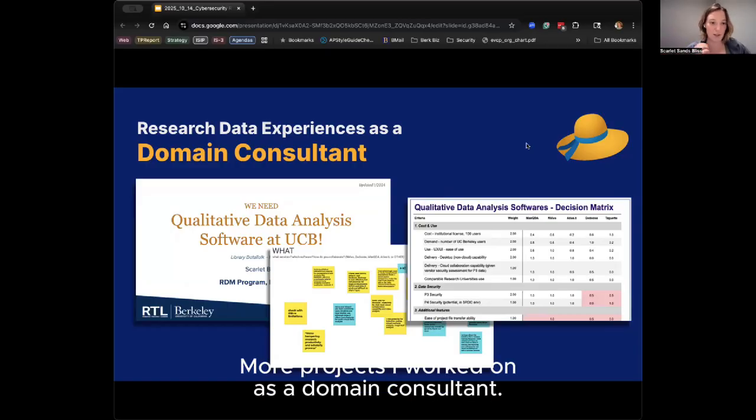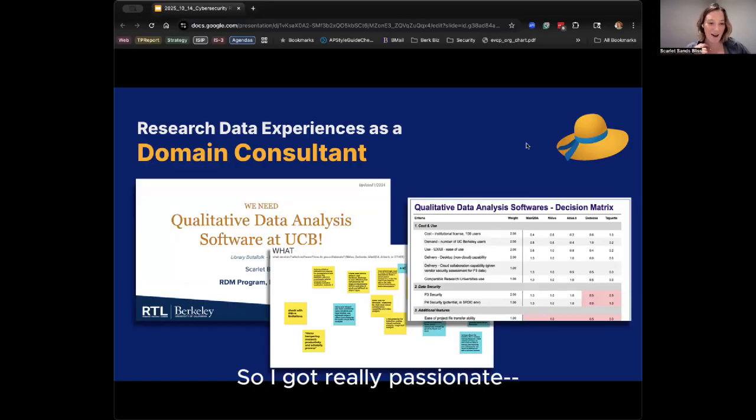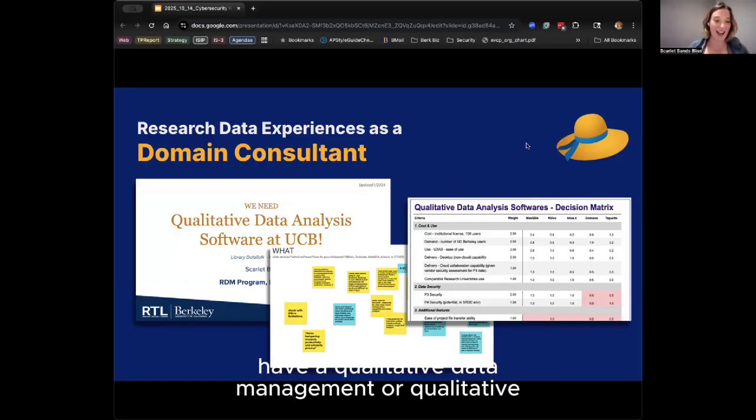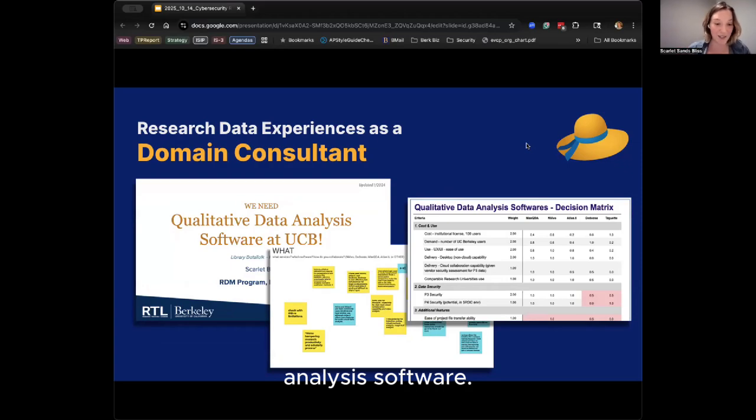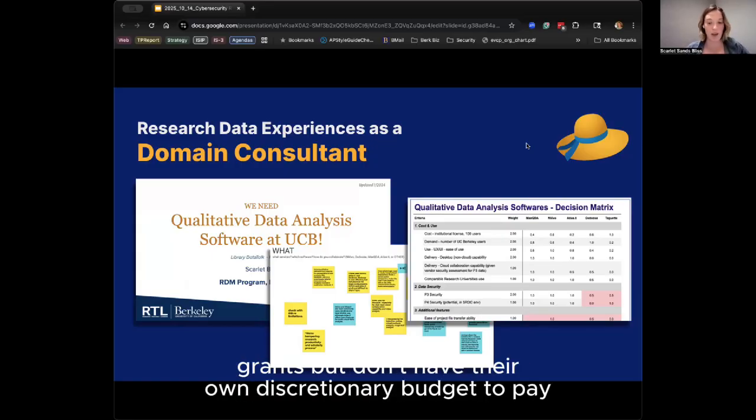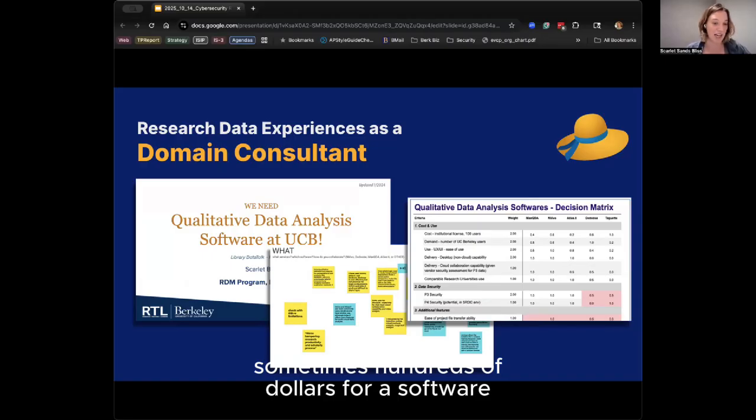More projects I worked on as a domain consultant. I got really passionate. I mentioned I did a lot of work on qualitative analyses during my master's as well. UC Berkeley didn't have a qualitative data management or qualitative analysis software, and a lot of these are really expensive. For students like me who might be working on professors' grants but don't have their own discretionary budget to pay hundreds of dollars for software to do qualitative analyses,